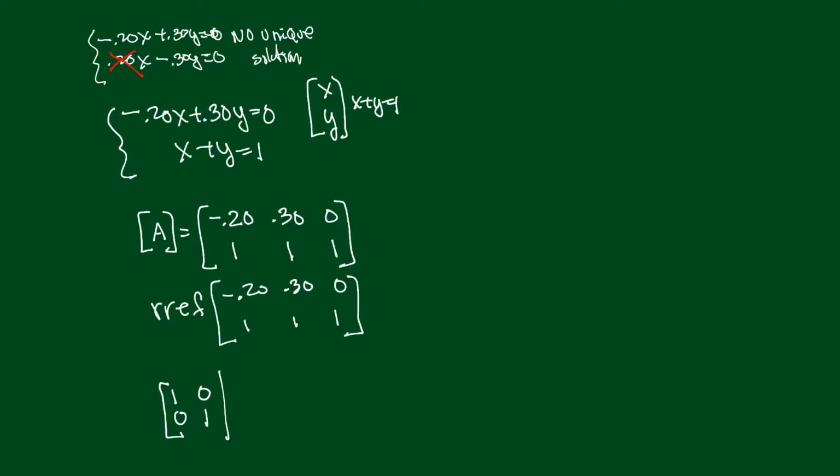But then for my solutions, I got 0.6 and 0.4. And sure enough, if I add them up, they add up to 1. So I think I'm good here. So what I'm going to conclude is that my steady state is going to be this: x and y is going to be 0.60 and 0.40. So the steady state